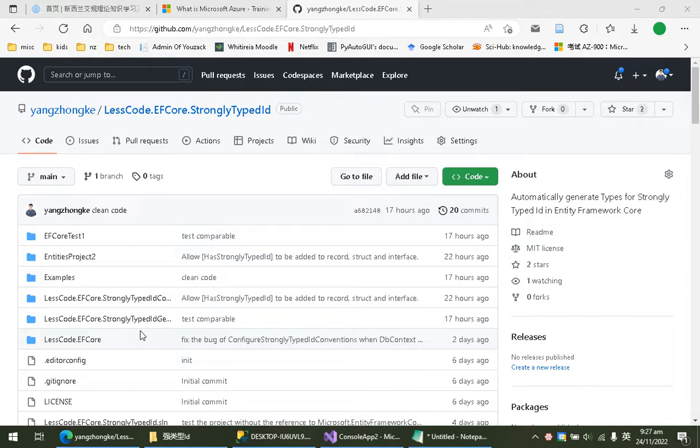Today I will introduce a source generator for the strongly typed ID in Entity Framework Core. As we know, in the principle of DDD, that is domain-driven design, the strongly typed ID is an important concept. It can help us to make our code more business logical and can enable the compiler to help us